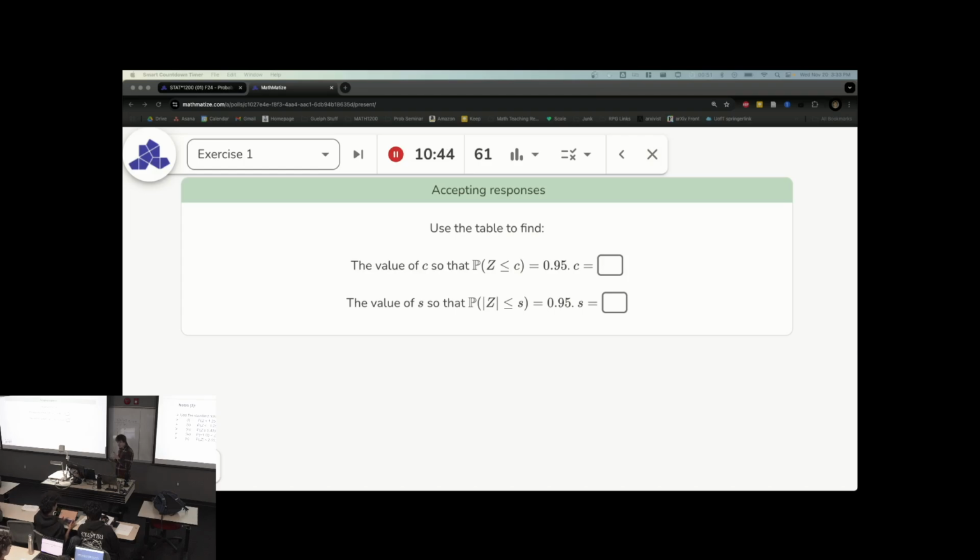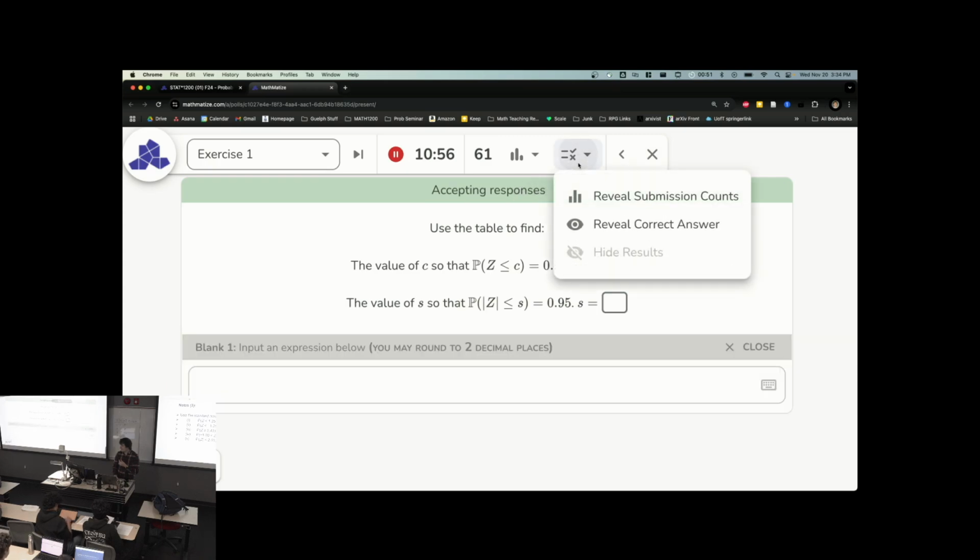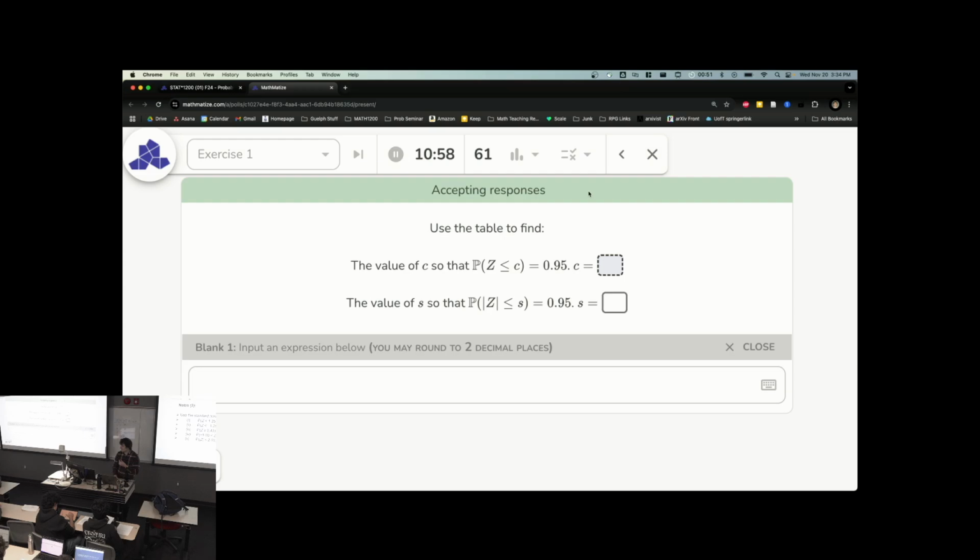Okay, so once again, we're just using the table in reverse. So we're saying find the value of C to make it 95%. And the first one is a straight lookup on the table. The second one is a little bit trickier. Let's see if you guys are able to do that first one of straight lookup on the table, the value